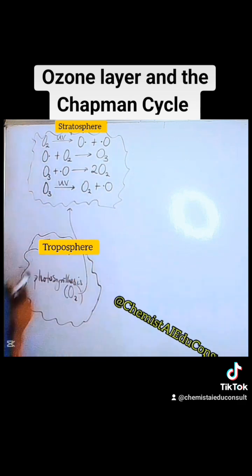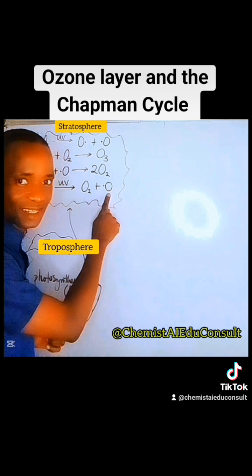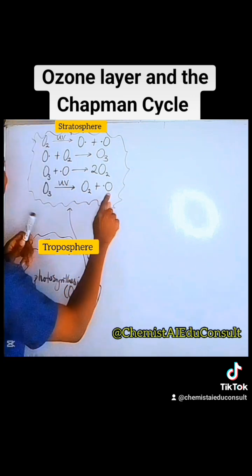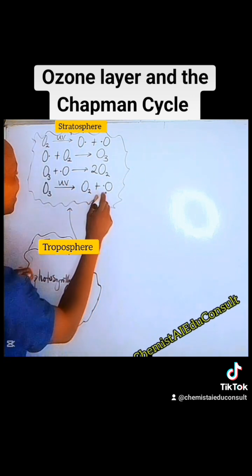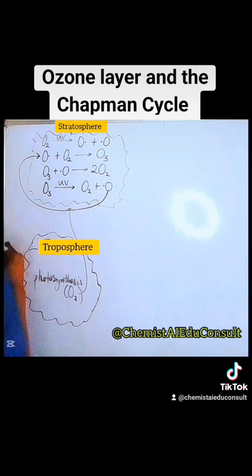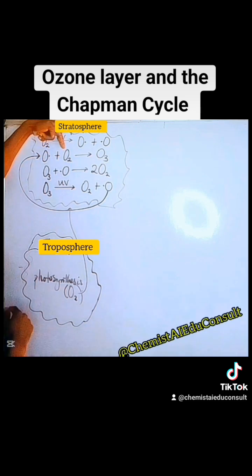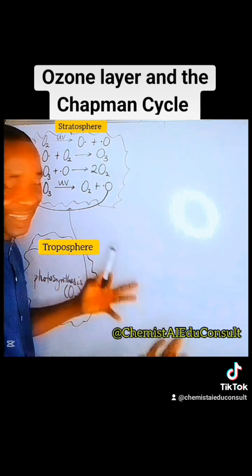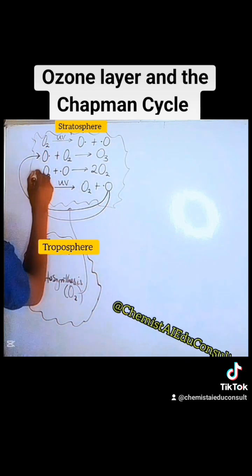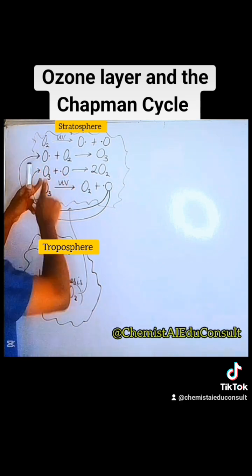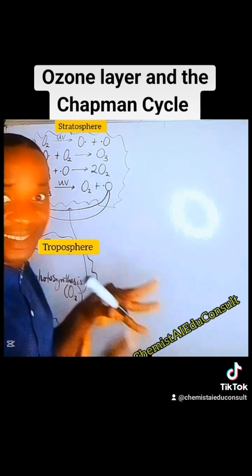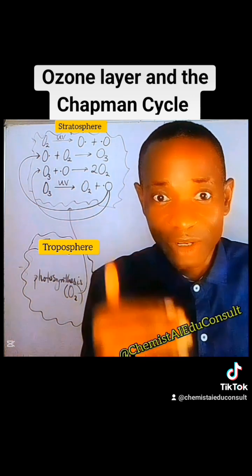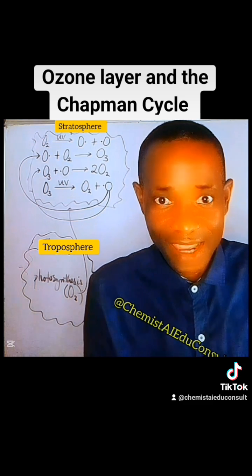At the end of the day, this highly reactive oxygen species will be looking for either an ozone or oxygen molecule to attack. If it sees any oxygen molecule, this process will repeat. It will attack oxygen to form a new ozone. If it sees another ozone to attack, it will attack ozone and release more oxygen molecules. And this is a cycle that continues to make sure that there are new ozone molecules created even after destroying